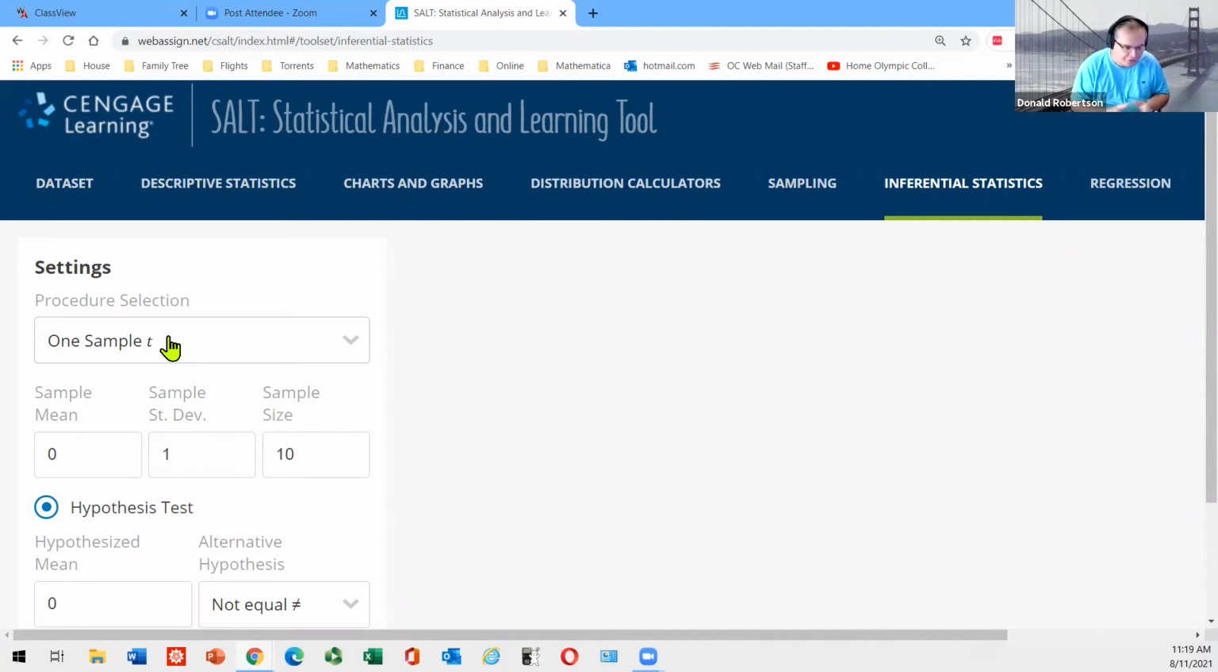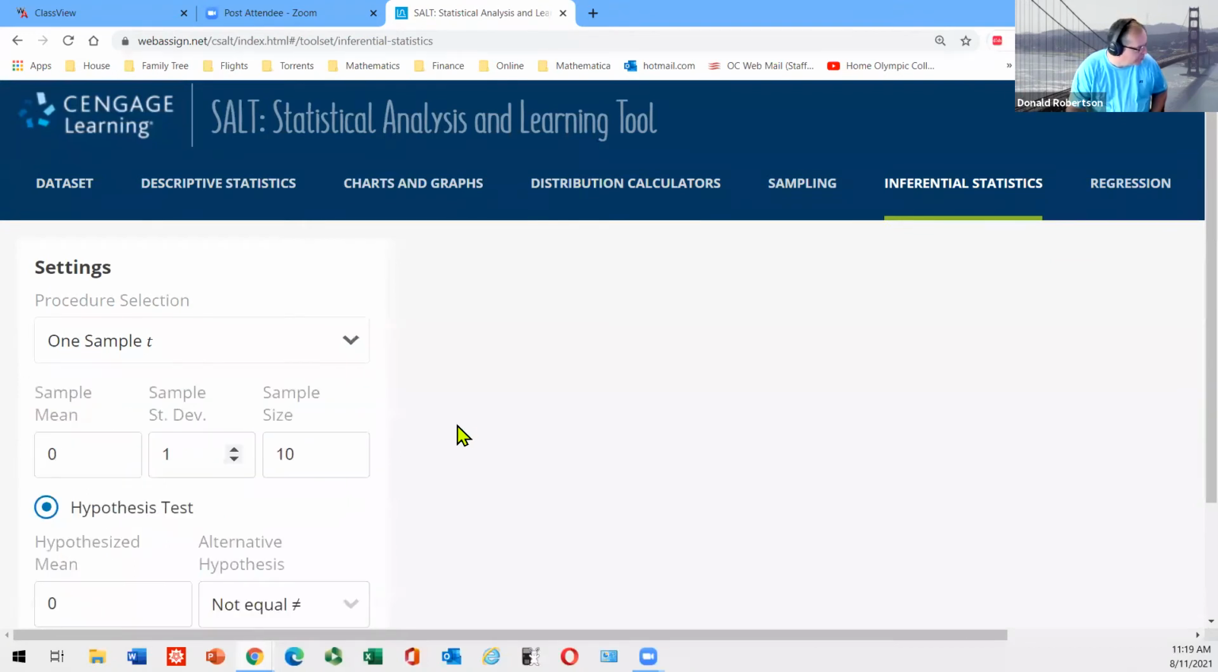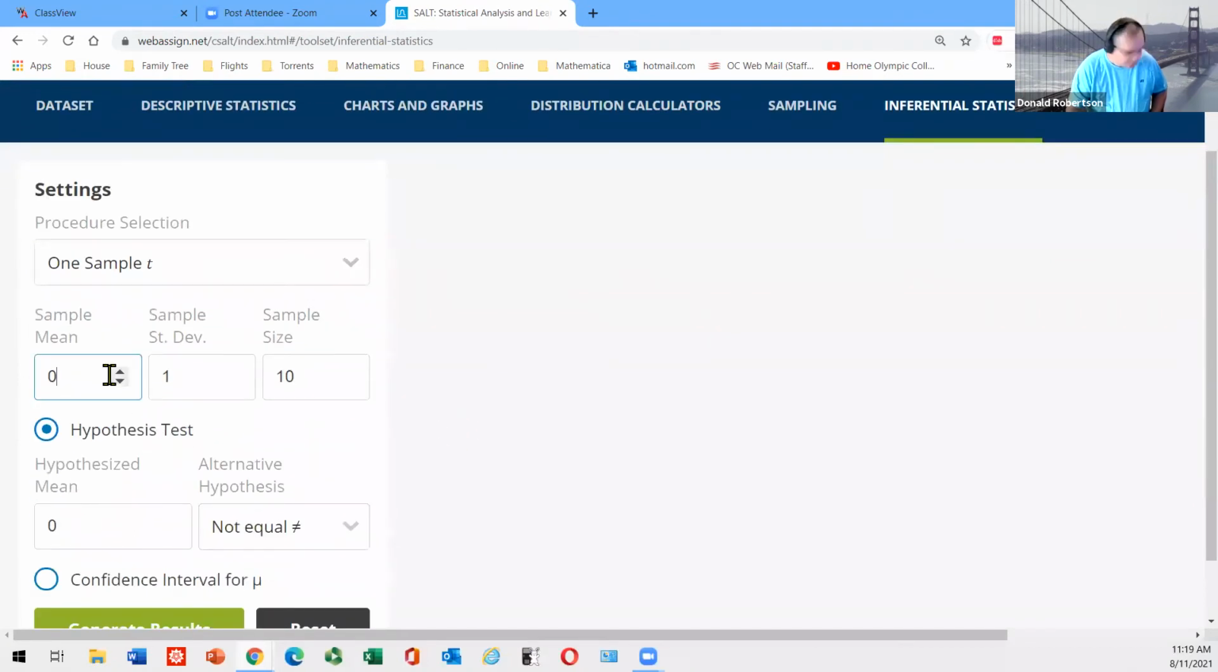Single means are one sample t's. Aren't single proportions one sample proportions? Aren't two sample proportions, right? Single means are one sample t. When we do the last section, we'll be doing the difference between two means. It'll be called two sample t. So one sample t. The mean in this case was